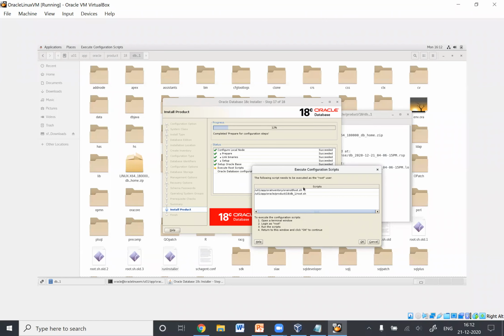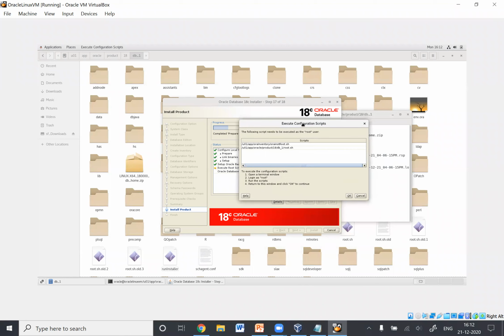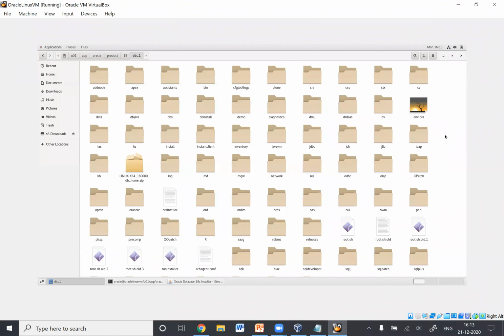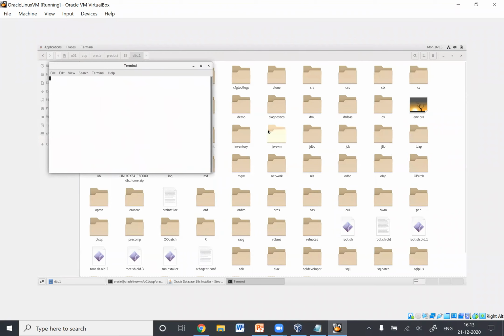Okay, so on completion of 12%, we have got this pop-up which says that we need to execute the scripts as a root user. So what we'll do is we'll come to this folder, right click and open up a terminal, and we'll switch to root user, su space root, enter, type in the password for root user, press enter.